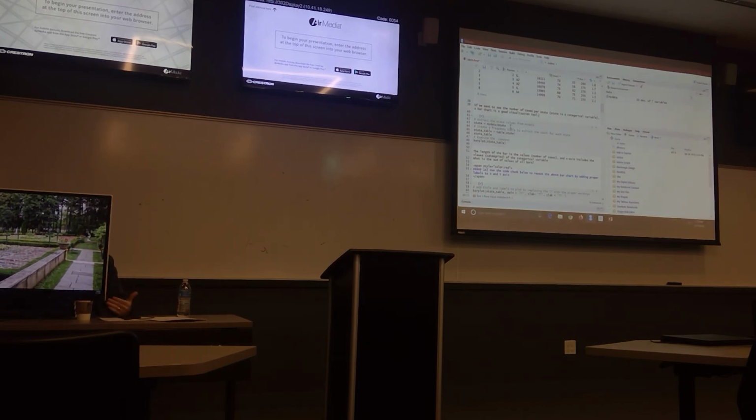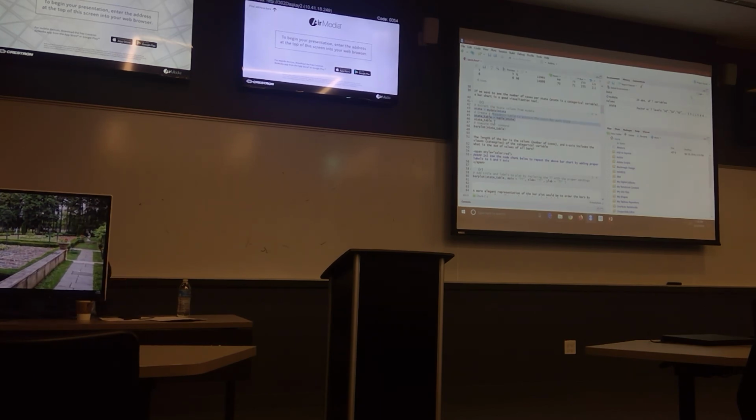Before I create the bar chart, I need to extract the column state. So now I have state, which has all the states in the data. And then I need to do a frequency table, which will just list each state and how many times each state was repeated in the data.